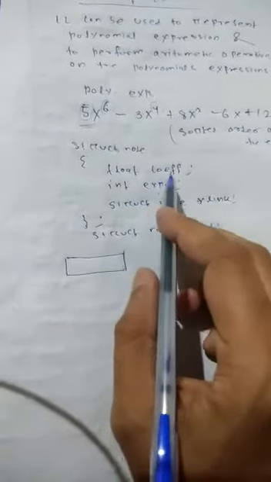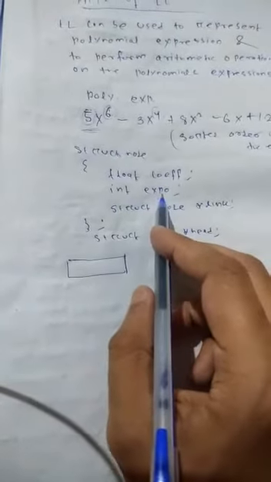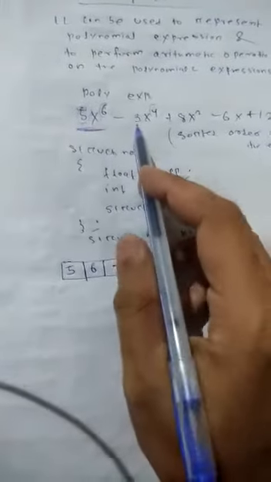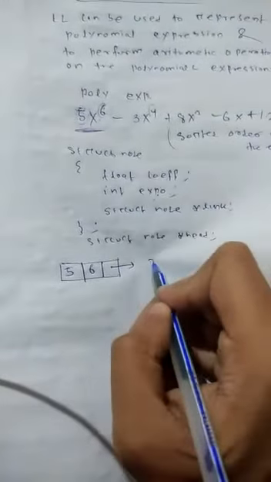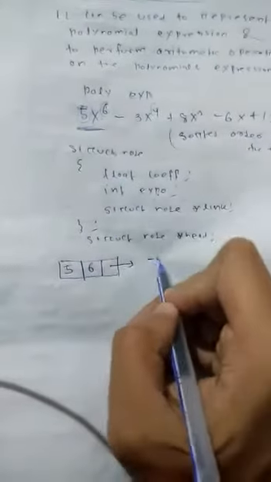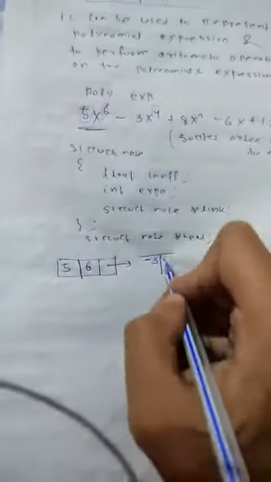Here there are two parts, one is the coefficient, another is the exponent. Suppose first we write the coefficient; for this term I am creating a node. What is the coefficient here? 5 is the coefficient. What is the exponent here? 6 is the exponent. Next, the link part stores the address of the next term. The next term is minus 3, so I am writing coefficient minus 3. What is the exponent? Exponent is 4.